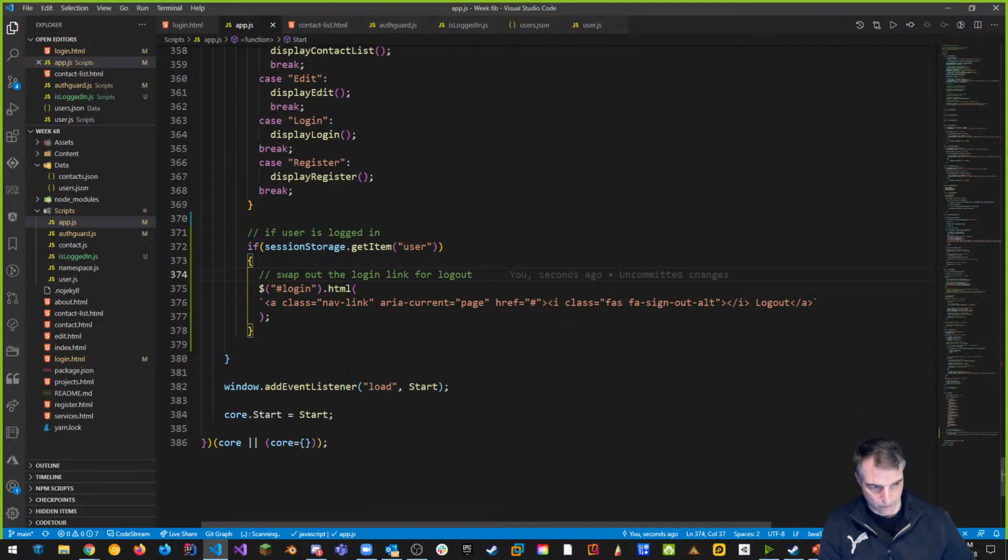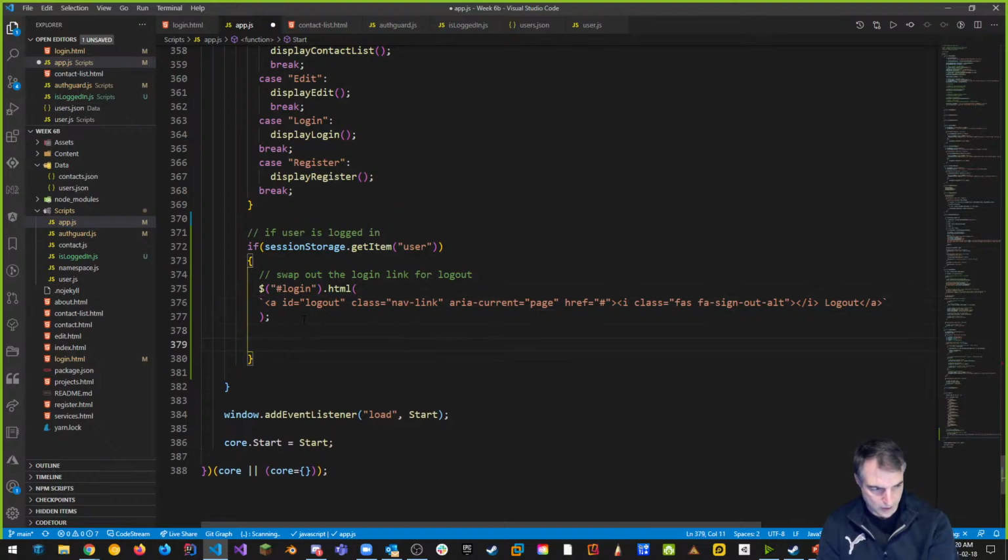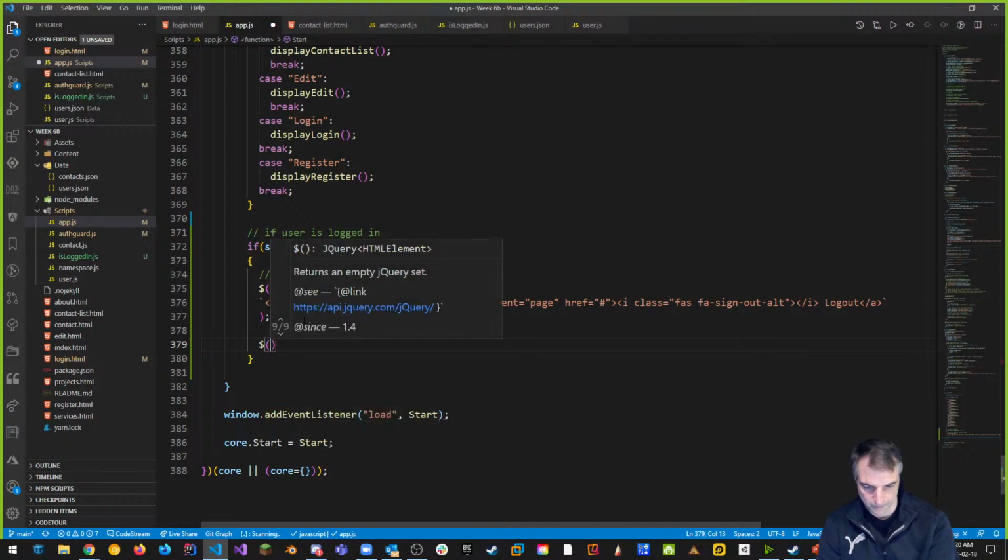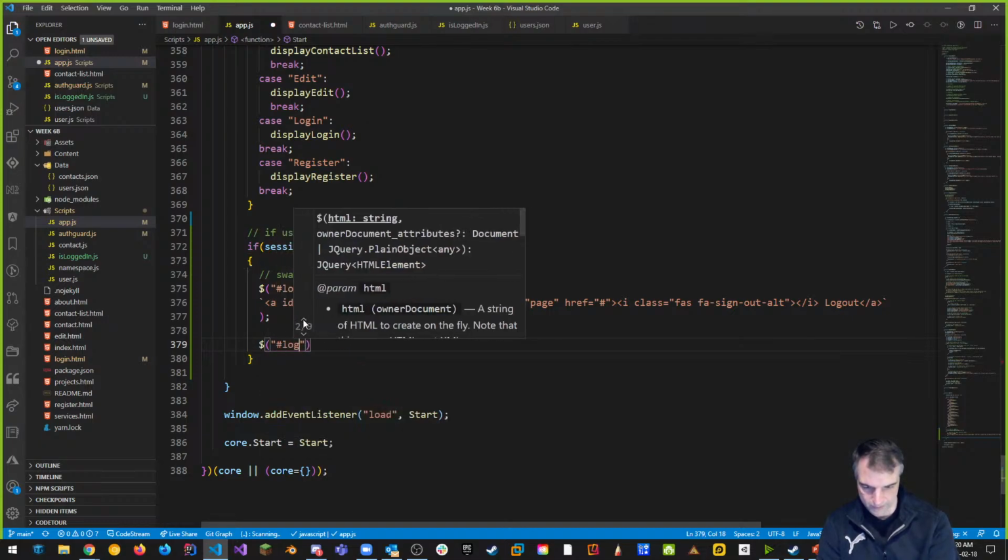Now I want to be able to do something when someone clicks on the logout link on this page. Well, let's be smart, and instead of just putting in a thing like this, let's make an anchor tag to do something when I click on it. So I say ID is equal to logout. I can put an ID on the link that I just made. And this is still inside of the if session storage user is available. Then down here I want to say something like, hey jQuery, when someone clicks on the logout link,